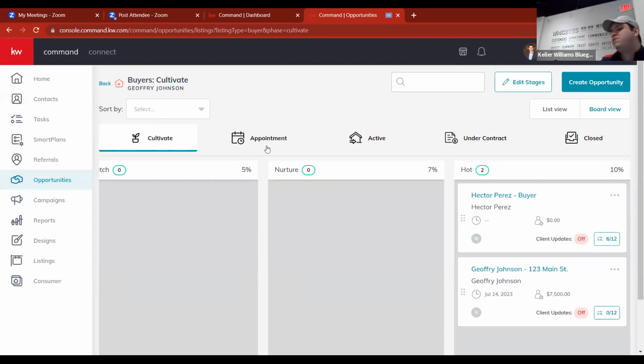Yeah, because those phases do change slightly, depending on whether it's buyer, seller, and that sort of thing. When you come in here, after your opportunity has been created, you can create this edit stages button up here. You can create checklists for each of these stages to help navigate you through the transaction and keep you on track with, hey, what have I done with this specific client? What have I not? So just for example,